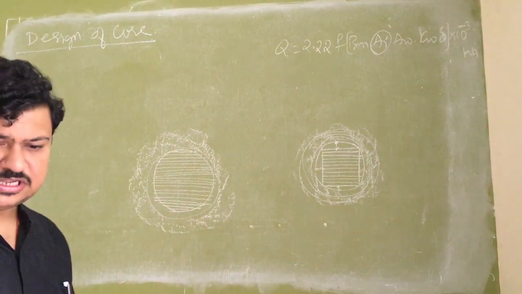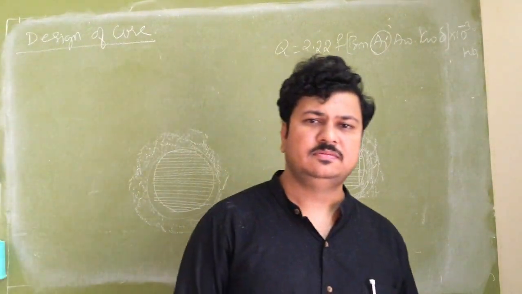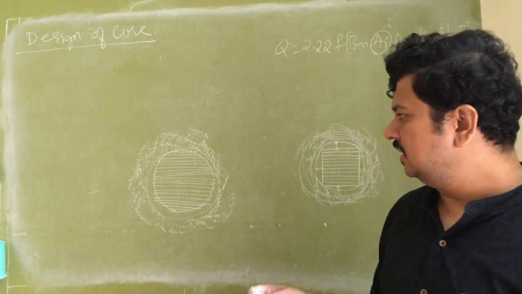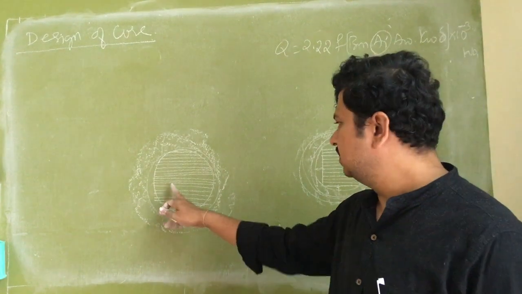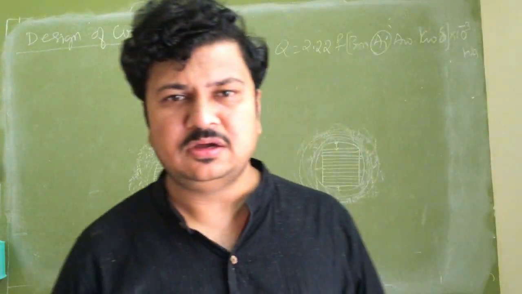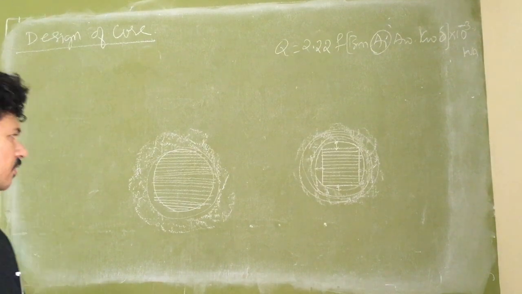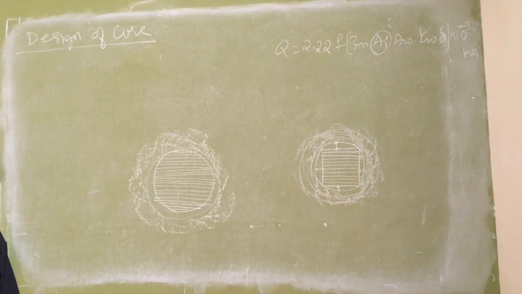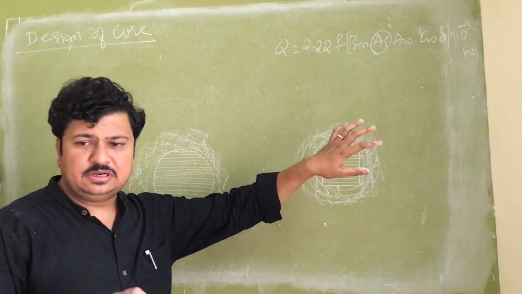So the ideal cross section expected is circular, but it is difficult to achieve practically. Hence, practically we don't go for a circular core. So what we do here in the design of the core section is, I relate the usage of each section of